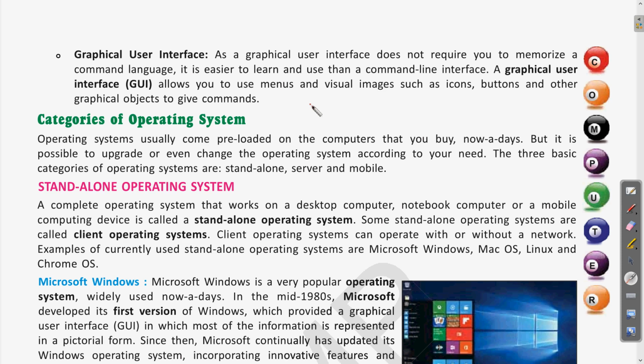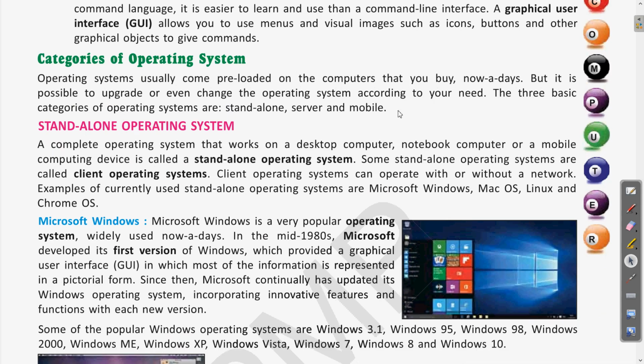I have given you the example of GUI: Windows operating system, or the mobile Android operating system are all examples of GUI. In the CLI, the command line interface, we have given the example of DOS, that is disk operating system. Clear?